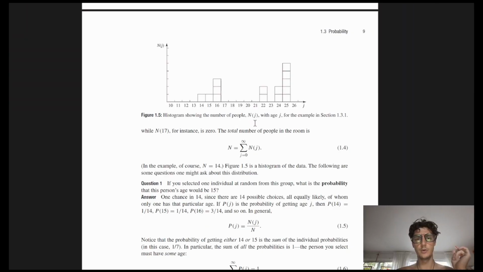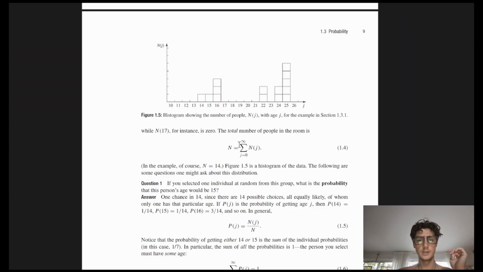Here is a histogram showing the number of people N of j with age j. So here's N of j, here are all the ages. We see one block here for 14 showing us that there's one person of age 14, one of 15, and 5 people of age 25. While N of 17, for instance, is 0, the total number of people in the room is capital N